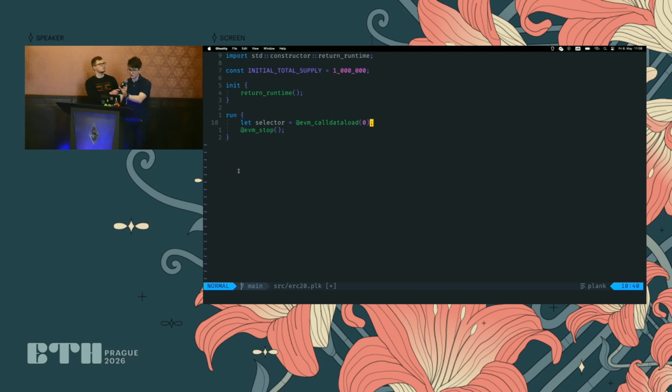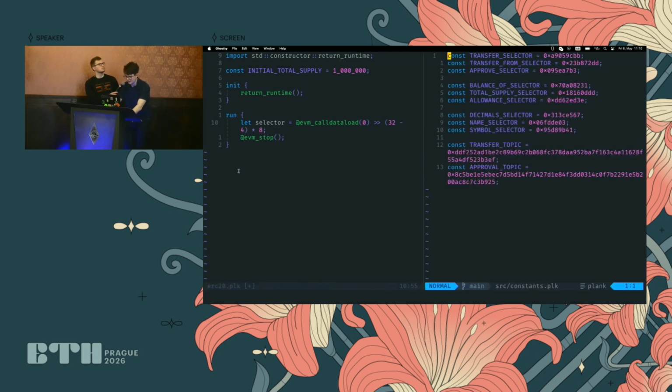So we read the first 32 bytes using call data load, and then we shift it down to have just the selector, just the first 4 bytes instead of the 32. And then we have this magic number 224. But what does this mean exactly? It's because there's 256 bits, but we're actually keeping 32, which is 4 bytes. To make this a bit more readable, we can just calculate this out explicitly. And the nice thing about Plank is that anytime you have some kind of arithmetic or computation, it gets embedded directly into the bytecode. So now we have our selector.